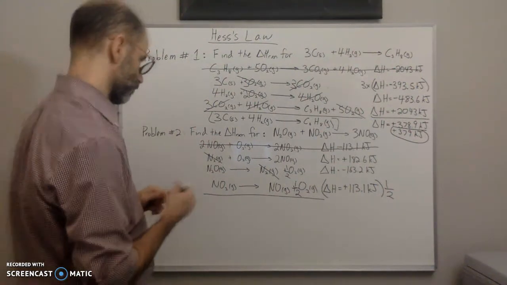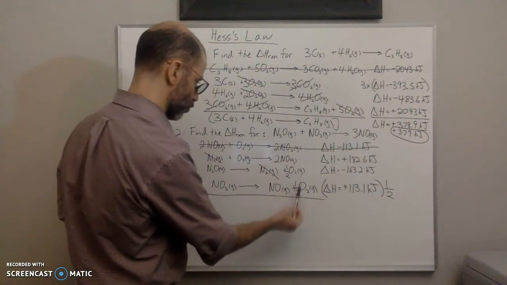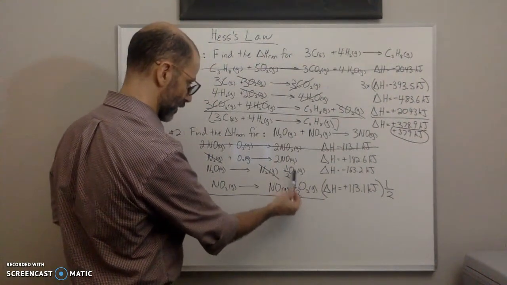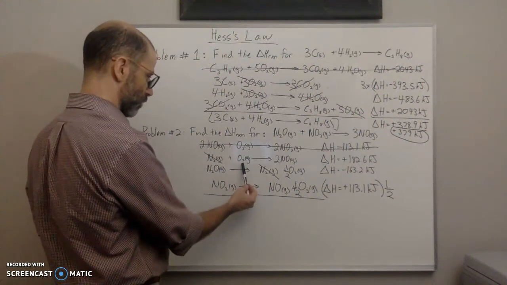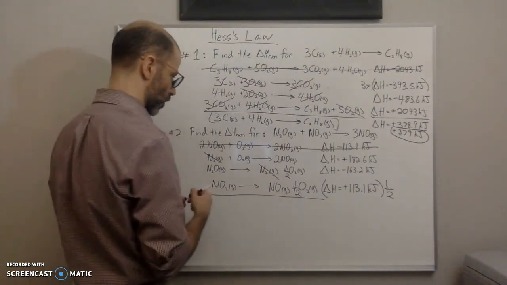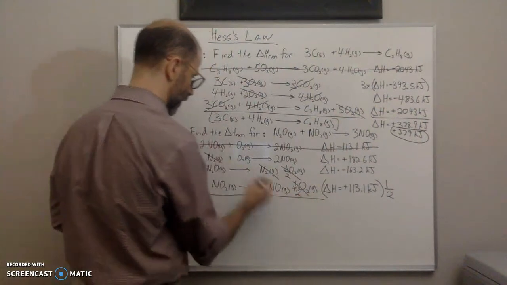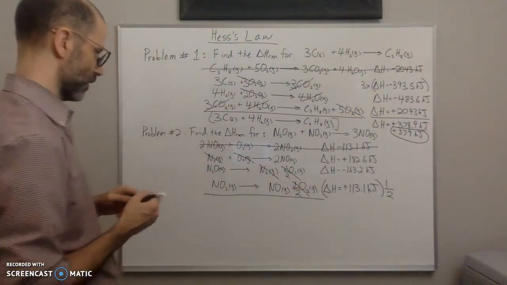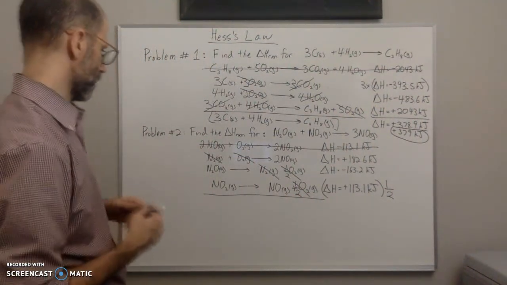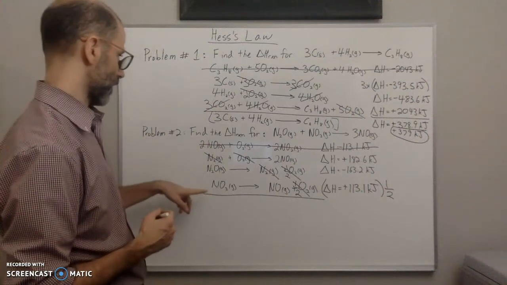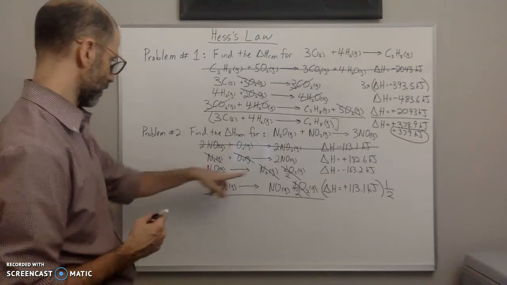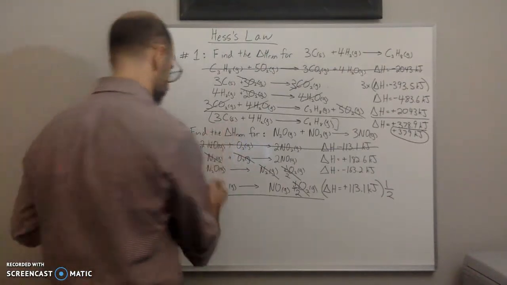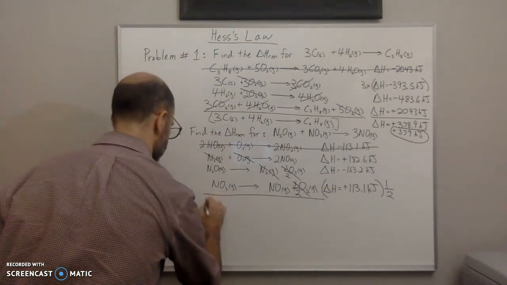I have 1/2 O2 on the product side and 1 on the reactant side. So the 2 halves are 1, and they are going to cancel out with the 1 oxygen on that side. I think that's it. So when I add these together, I get